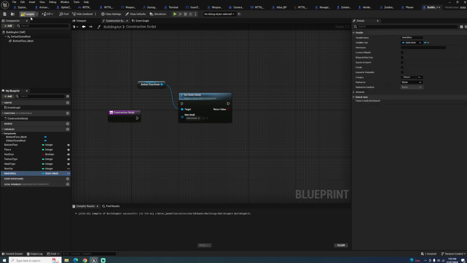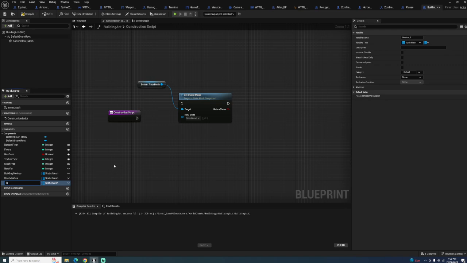We want to compile, make this an array, and oh no, meshes. That's what we want. Say building meshes. Door meshes,